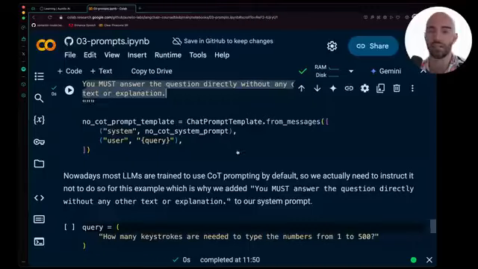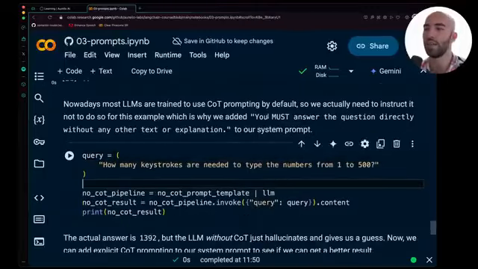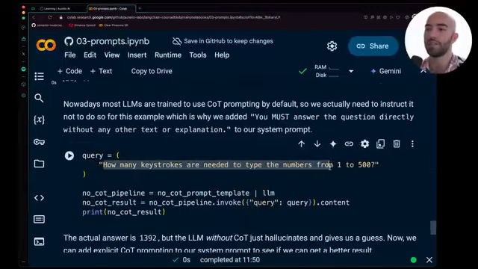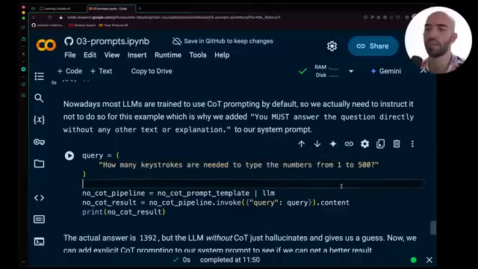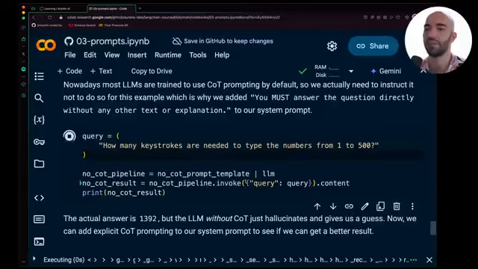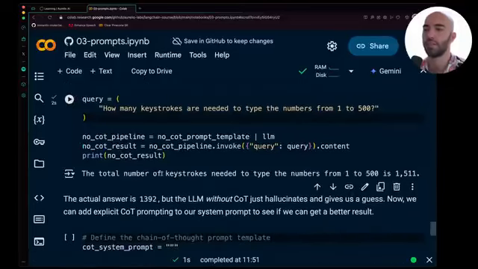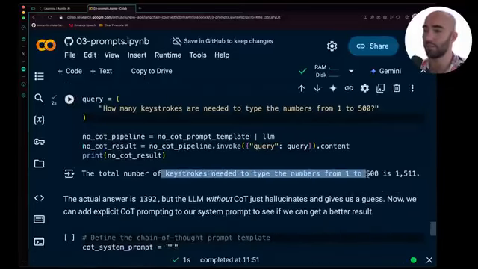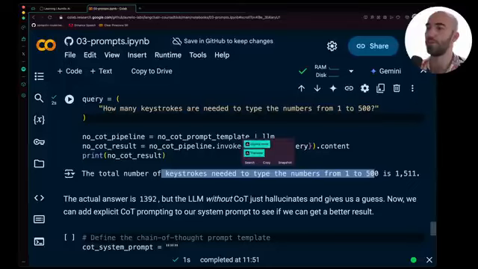That's how relevant chain of thought is. Okay, so I'm going to ask how many keystrokes I need to type the numbers from 1 to 500. We set up our LLM chain pipeline, and we're going to just invoke our query and see what we get. Total number of keystrokes needed to type the numbers from 1 to 500 is